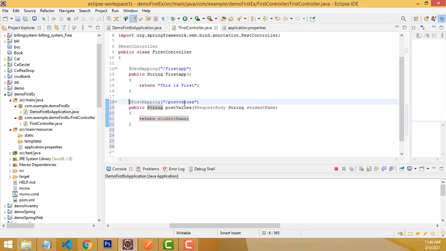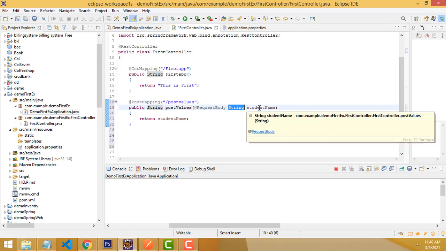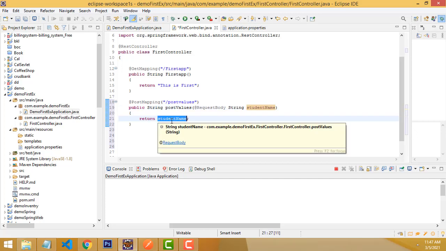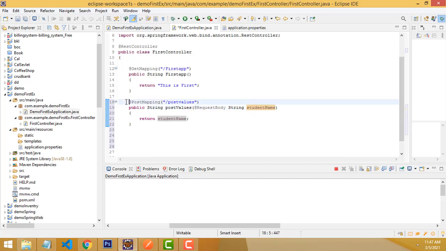The post, right? Here I have not done anything else, I just created a method which is post values. The request body is here, a string student name. All the student names will be stored here, which is a string data type. Here we are returning the student name. Whatever value you are typing will be returned in the browser. You type the value in the form and press send, it comes and is stored here and shows the return. So that is the thing we have to do in post mapping. You just have to post the values. So let me do the output here.